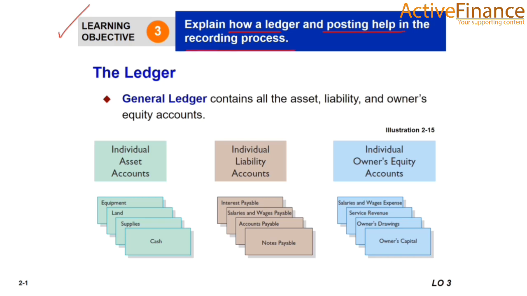First of all we will learn about the ledger. The ledger is the entire group of accounts maintained by a company. The ledger provides the balance in each of the accounts, and it also keeps track of changes in these balances. Companies use various kinds of ledgers, but every company has a general ledger.